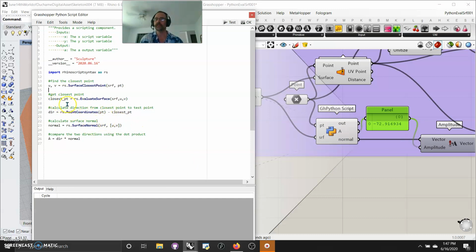And next, you're going to get the closest point. Closest point, just gave it a variable name, rs.evaluate surface at surface UV, which you've already built as variables. Then your direction is going to be rs.point coordinates at point minus the closest point, because that's basically how you can get the direction from that. This is simple vector